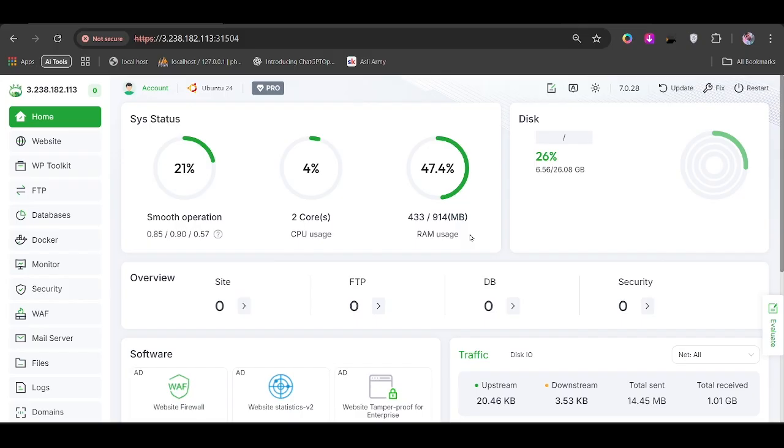And now you can host any website, whether it's JavaScript based or PHP based or even Python. It supports everything. You can also run a Docker container on this and it will run flawlessly, but keep in mind that your VPS should be running